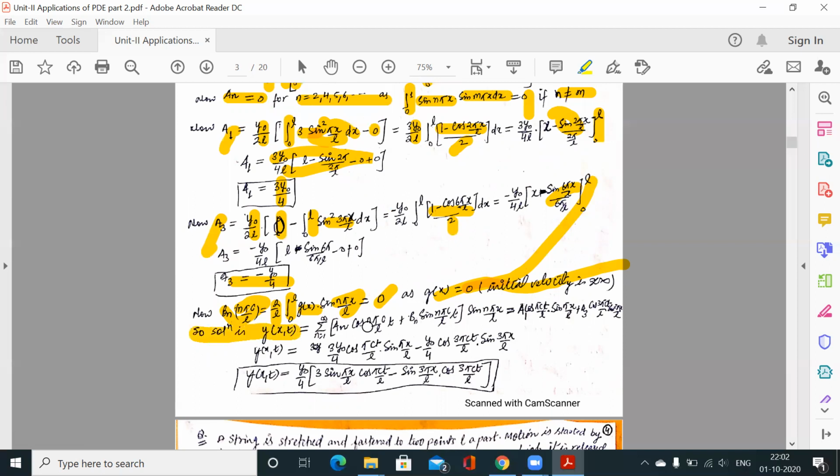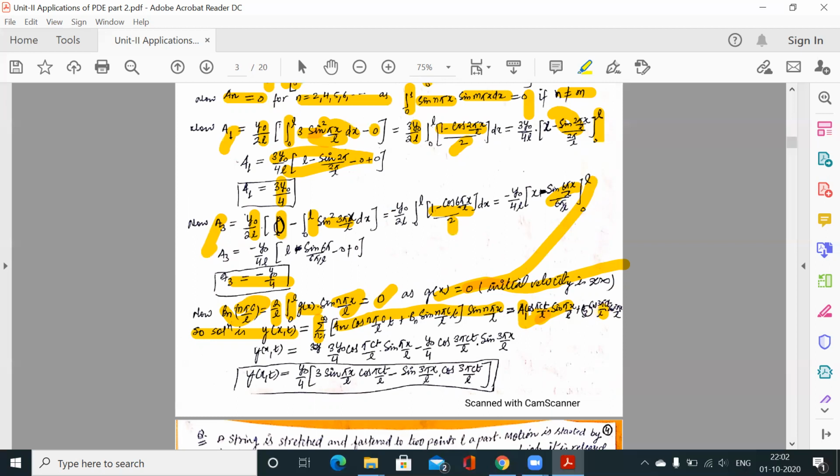So the solution is y(x,t) is equal to the summation from n equal to 1 of an... This is the solution. Now here we have a1 non-zero, a3 non-zero, all bn are 0, all an are 0 except a1 and a3. So only two possibilities will be left. For n is equal to 1, a1 cos 1 pi c t by L, because we are substituting n as 1, and bn is 0, so all bn terms would be 0, b1 is 0, into sine 1 pi x by L. This is the first term. And for n is equal to 3, this is a3 cos 3 pi c t by L into sine 3 pi x by L.